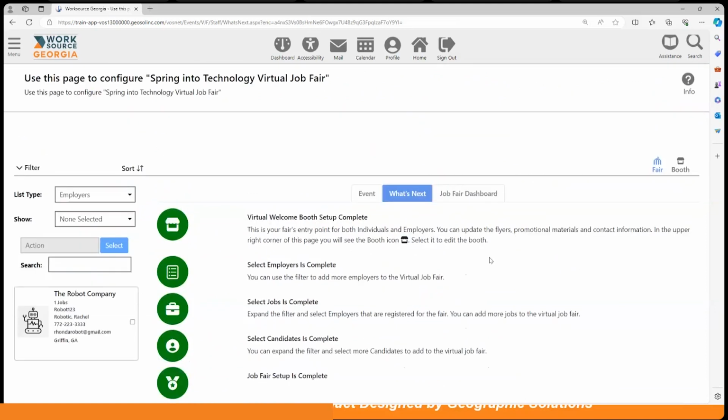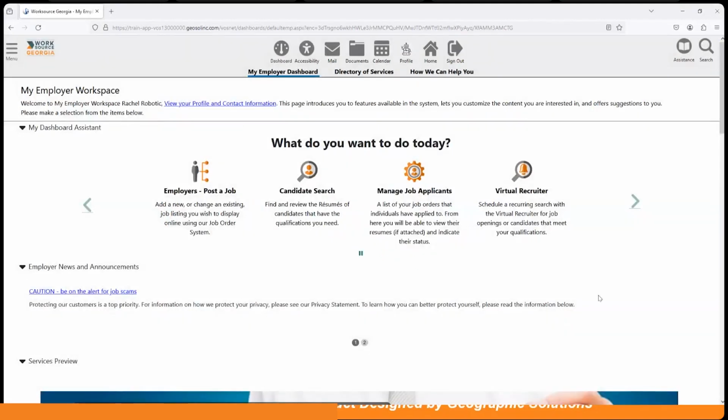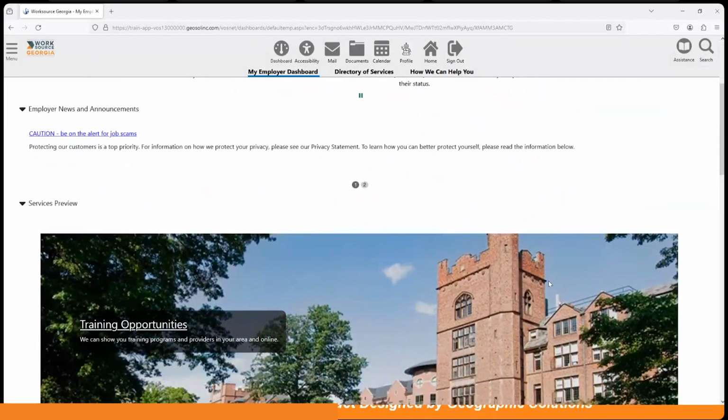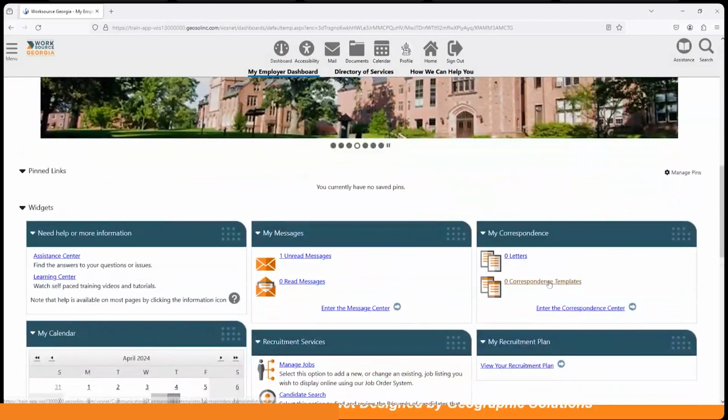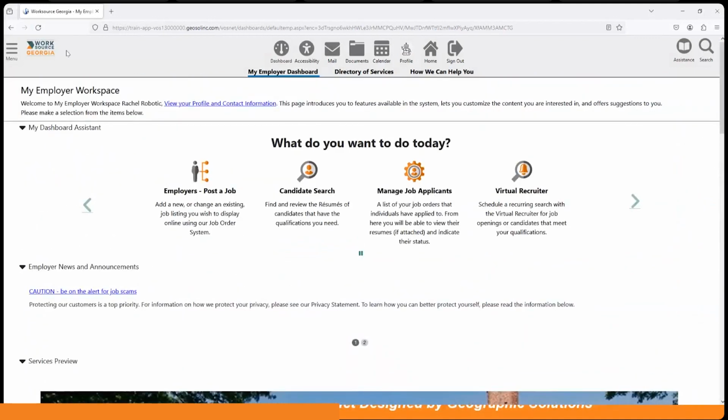So now what I want to do, and remember I said there's a lot of moving parts to this, I'm actually going to go to my employer, and my employer I have in Firefox. So let me pull up that browser. And now here's my employer. My employer is already signed in, and for the employer to get to the event, they're